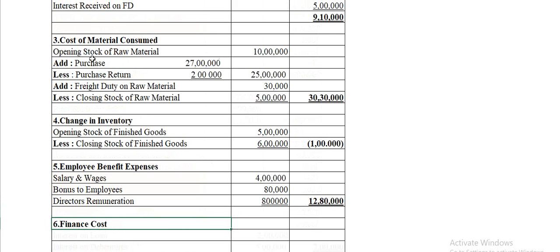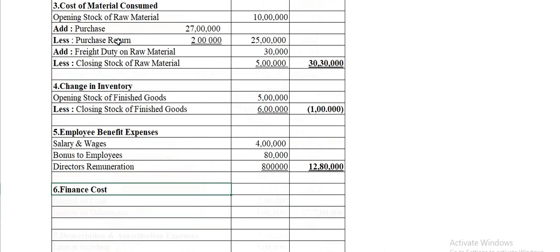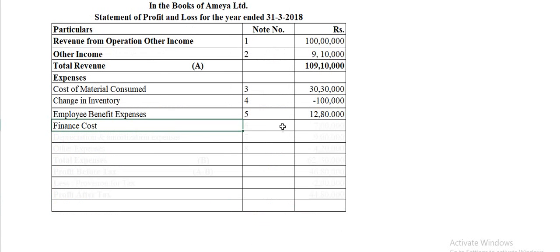Okay, note number 6, what we have to do in note number 6, see, you have to write interest on loan and the amount is 2 lakh. Then the next finance cost is interest on debenture, and the value is 5 lakh. Okay, there is no adjustment in that, so directly we have to simply take the sum of this, and this is 7 lakh, and that amount we have to write here, note number 6, and the value is 7 lakh. Okay, next is of course depreciation and